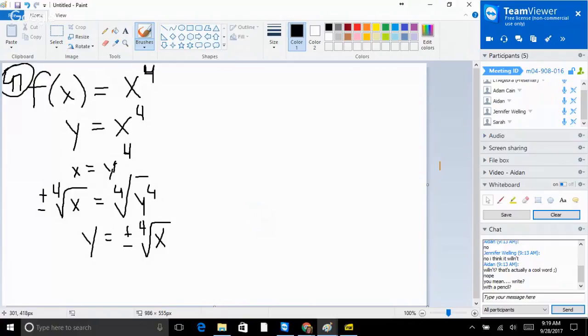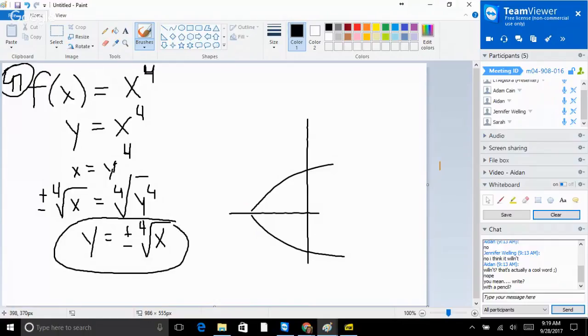Okay. So what do we know about when we have this plus or minus a root? When we have plus or minus, that means that we're going to have most likely a graph that looks something like this, right? We have the root plus or minus. And this will not pass our vertical line test. So I'm pretty sure this is not